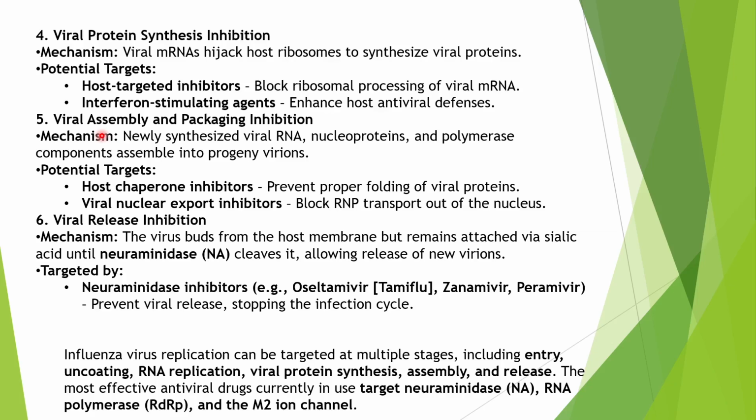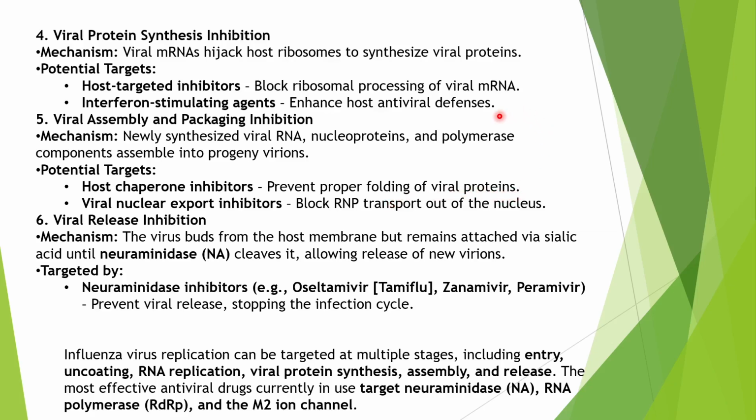Then next step for inhibition is the viral assembly and packaging. So in this step, newly synthesized viral RNA, nucleoproteins, and polymerase components assemble into progeny virions. So now everything has been synthesized. So now the new virions will be packaged. So this step can also be targeted at host chaperone level. So if the host chaperones are inhibited using the appropriate inhibitors, this will prevent the proper folding of the viral